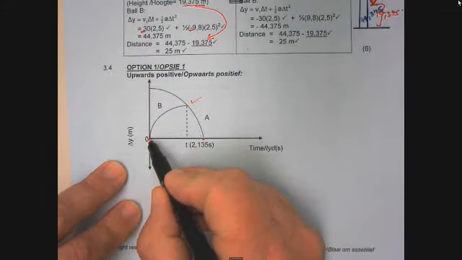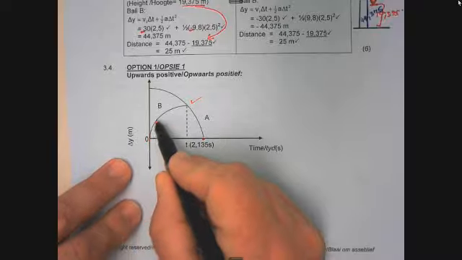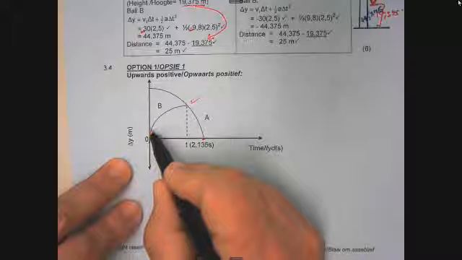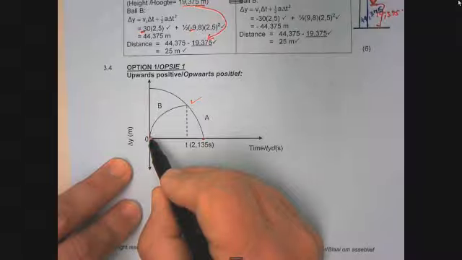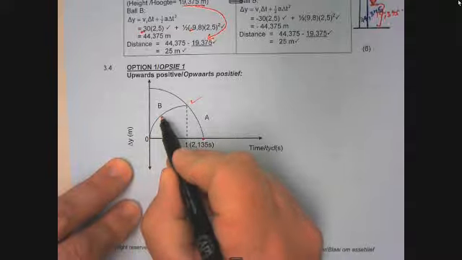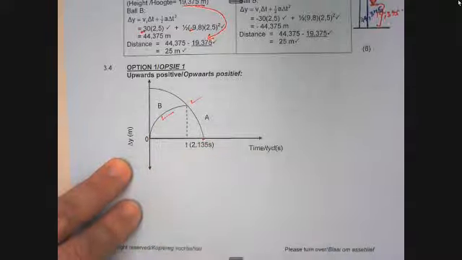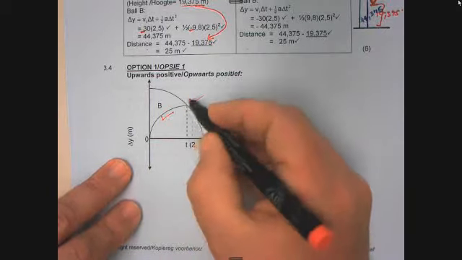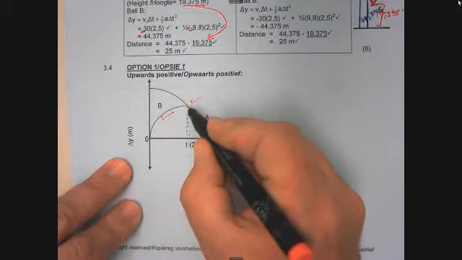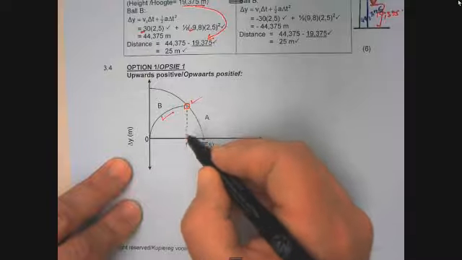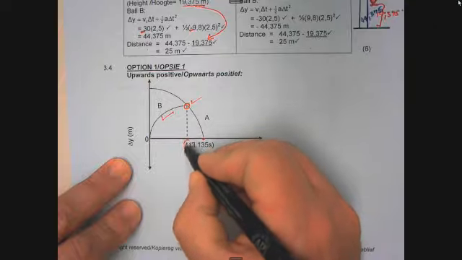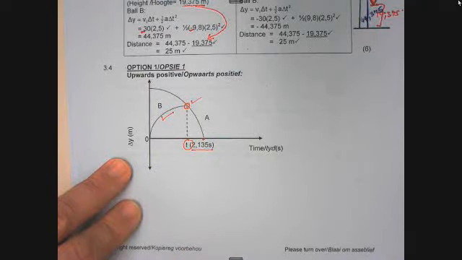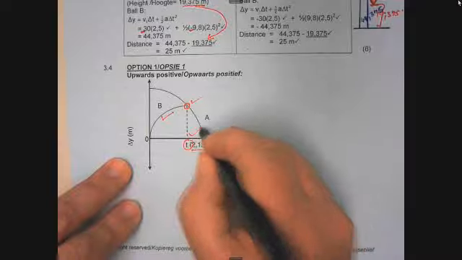And then ball B is moving upwards, so it is a positive gradient, but the gradient is getting less and less because the velocity is getting less. So again, for ball B, 1 mark for indicating the graph of ball B. And then last mark is for the intersection of the two balls at time t, and time t is 2,135 seconds. 3 marks then for the graph.